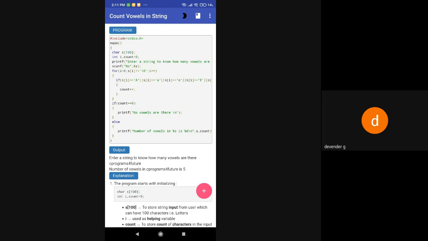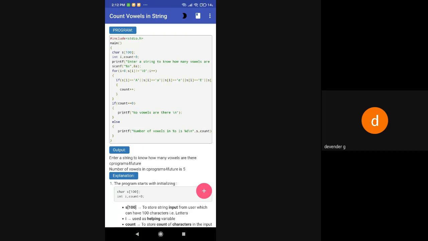When it is going to come out of that, after I finish the end of the line. So once it reaches the end of the line from the beginning. So here I am entering something like C program future. So these are the characters I enter. So till future, the last letter of future is E. It will reach that. Till that, it will count all the letters. Then once it is counted, it will come out of the loop.